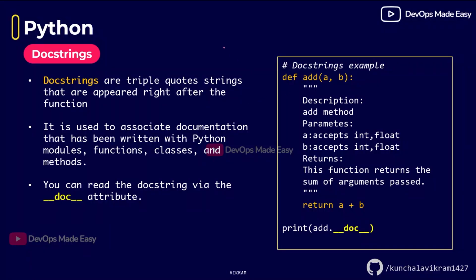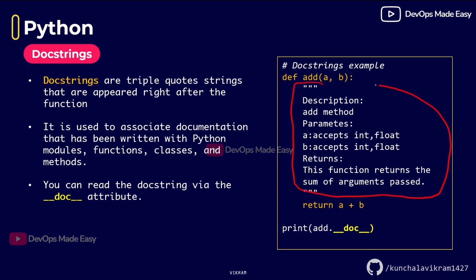Let's say that you have a module or a separate library, and inside that library there is a function that is defined. It is a standard function, and now you want to know how to use it: what arguments the function takes and what the return value is. Let's assume there is a function called adder function, which takes two numbers, a and b, and returns a plus b, the addition of two numbers. Without actually knowing how to use that function, it becomes difficult. You would have to open that file and see how the function is implemented and how to use it. But instead, when you're writing a function, I can create